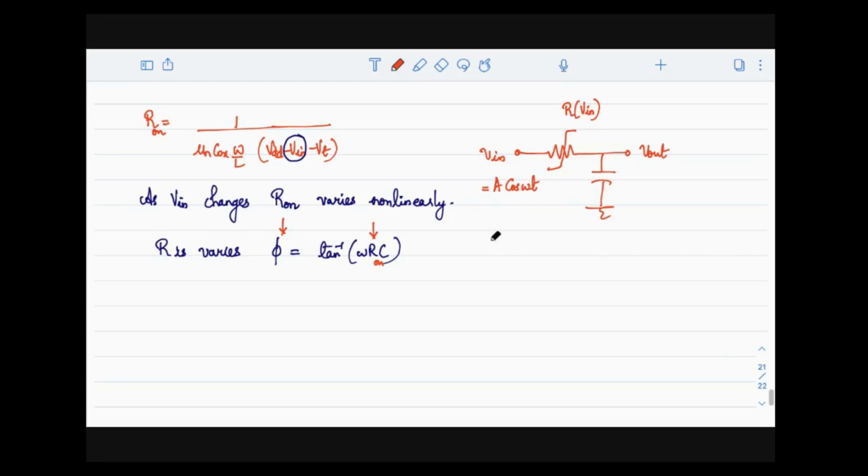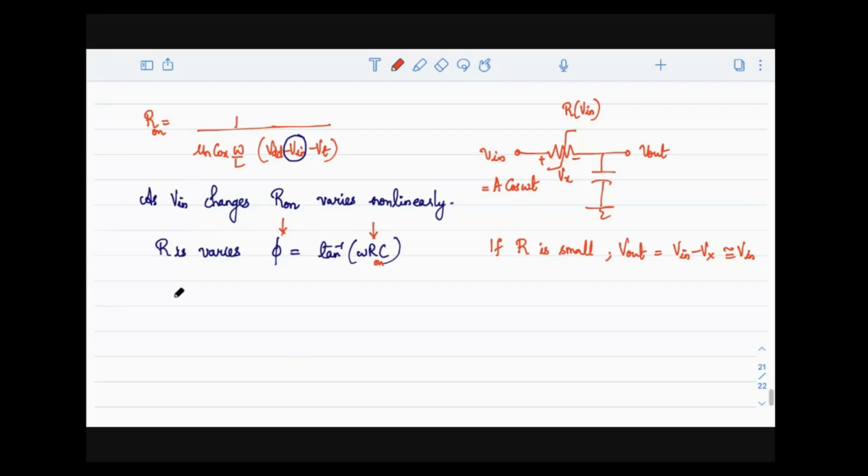Now, generally what we do is, if this R is small, we always assume that. So actually what is this V out? In presence of R, say for example, the drop across R is some Vx, I can write V out as V in minus Vx. This is what is actually happening. You have a resistance there and there will be a drop across the resistance. Your output will be input minus a drop. But in most of the cases, we will approximate this equal to V in. This is what we usually do for the analysis.